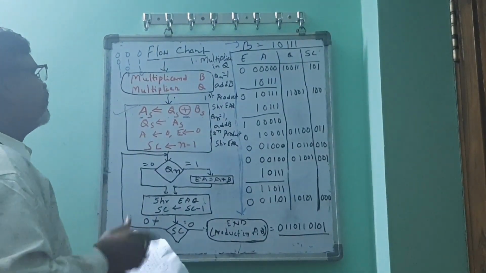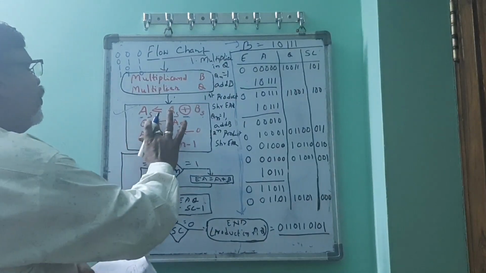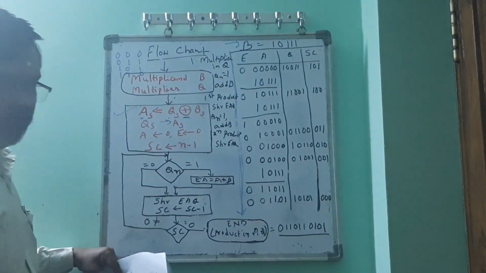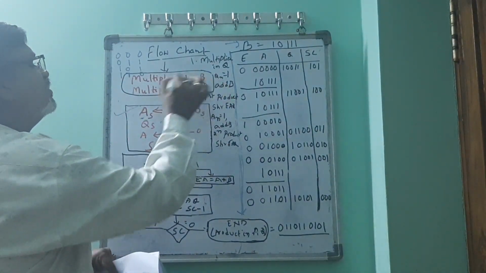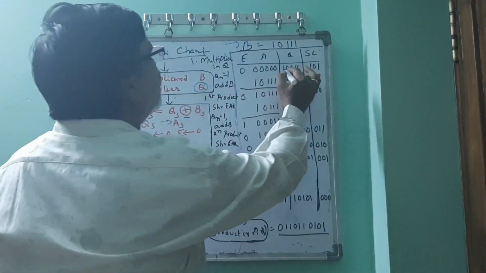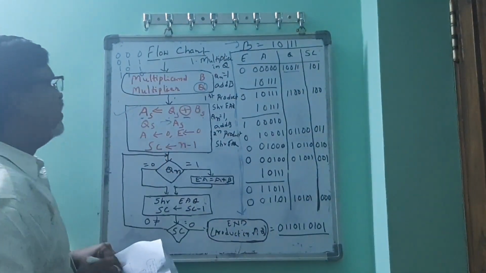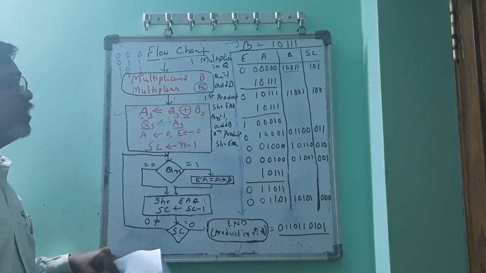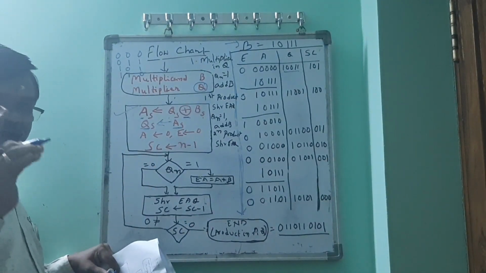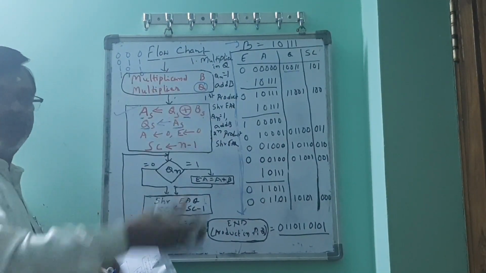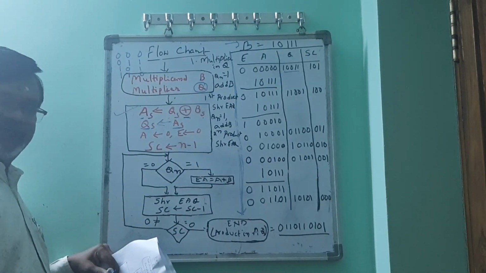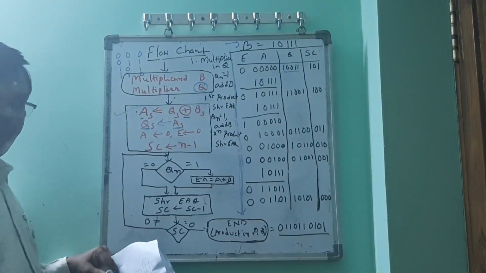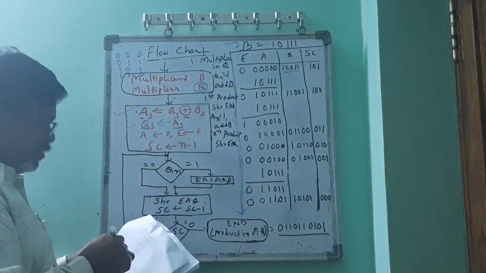Again, the second one: this QS is moved to AS. Whatever value is there initially, for example 1001 or something else, that will be moved. Sorry, this is right: the sign bit of AS is also moved to QS. So here in the hardware diagram we have shown the sign of QS. After calculating the sign of AS, the same value is copied to QS also. This is the second step we are going to perform here.